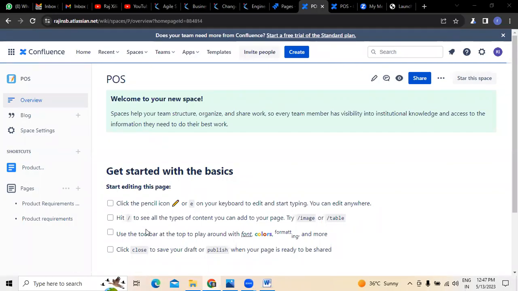Hi, in this video, we are going to discuss Confluence in detail. Confluence is usually called a document collaboration tool, especially in the field of Agile. This is how a Confluence space generally looks, where we have to create